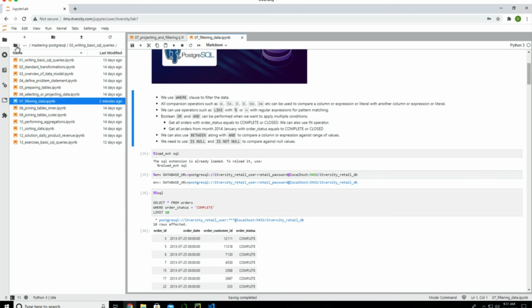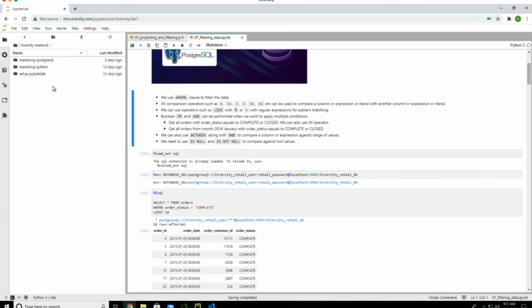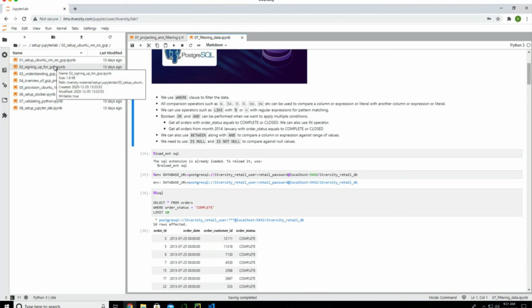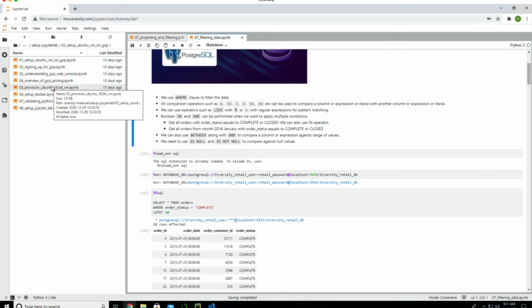If you actually look at my notebooks here, under material, there is setup Jupyter Lab. The Jupyter Lab material contains how to provision a VM from Ubuntu, set up a Postgres database on top of it, validate whether Python is there or not, set up Jupyter on top of it, and access it from your browser. Also, I have demonstrated all the information related to setting up your databases. Depending upon the courses you enroll in, you should be able to replicate whatever I am providing to you as part of our integrated lab environment on an Ubuntu based machine on GCP, and you can leverage that to practice.